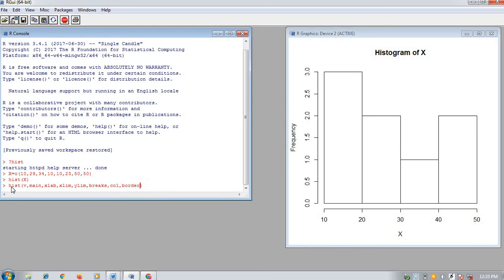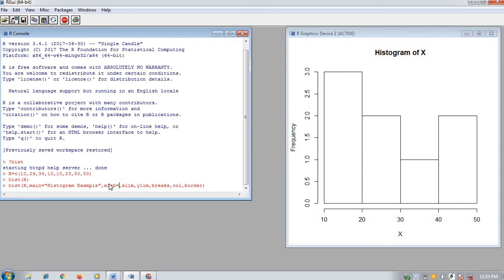Now we have to give the values for this. v represents the data set, and main represents the name which I want to give for this histogram: histogram plotted example. For xlab, see here we don't have ylab because it is normally frequency.